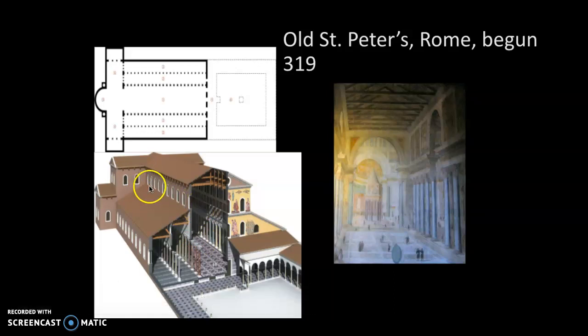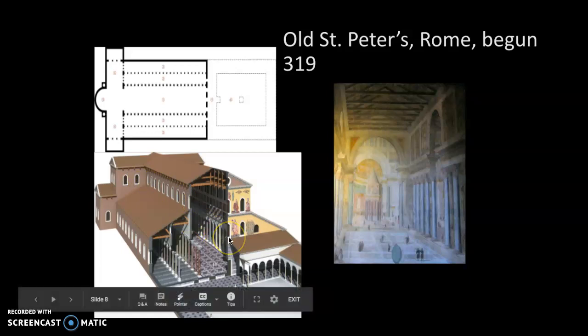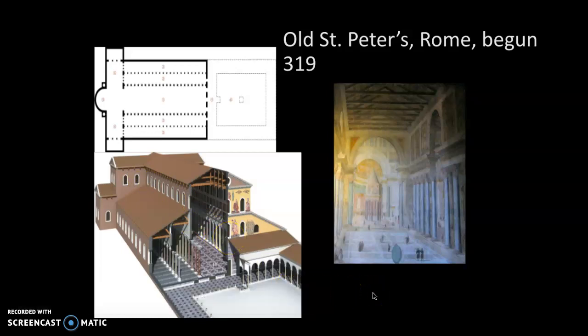And that raised row of windows is called a clerestory. And it is a clerestory that takes on really spectacular dimensions as we trace the development of Christian architecture from the early days in the Roman Empire